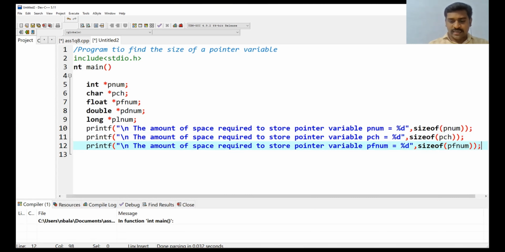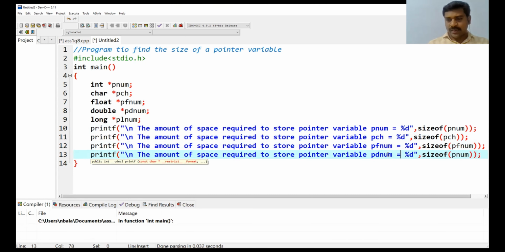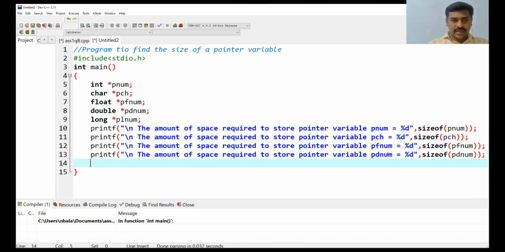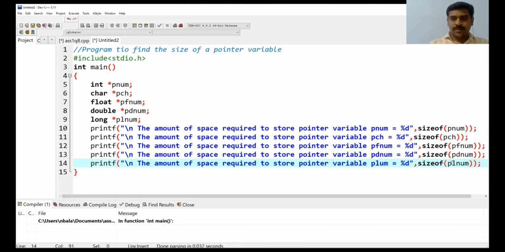Now, what is the next variable? Control V. The amount of memory to store the double number, so pdnum is equal to %d comma sizeof pdnum. And then I am writing one more. What is the last variable? The long number, so I am writing plnum, %d sizeof, plnum.